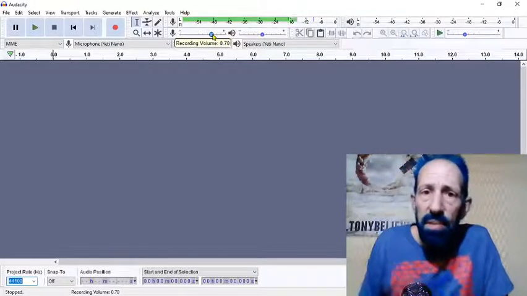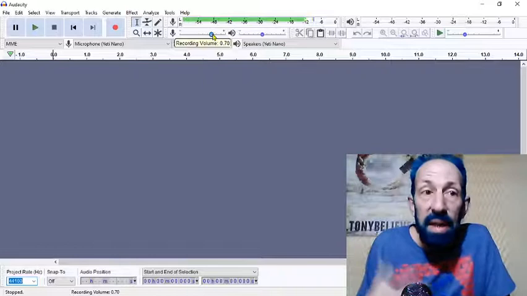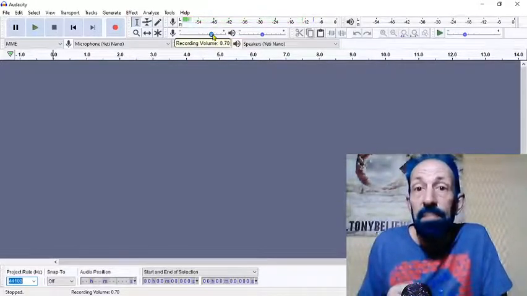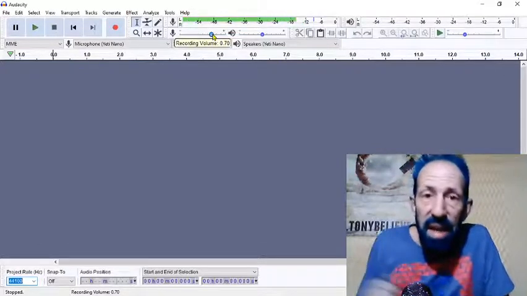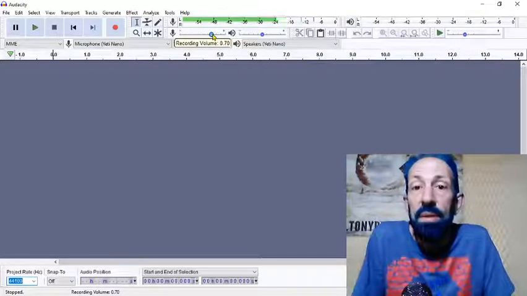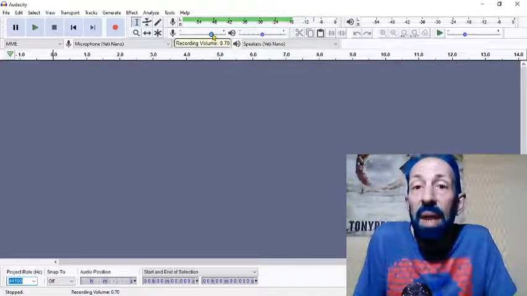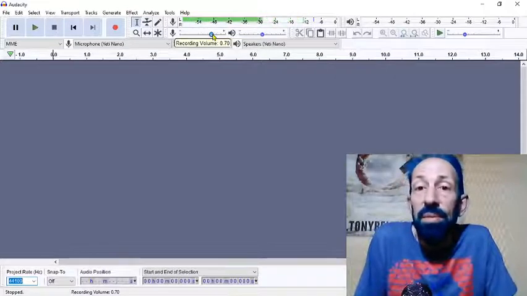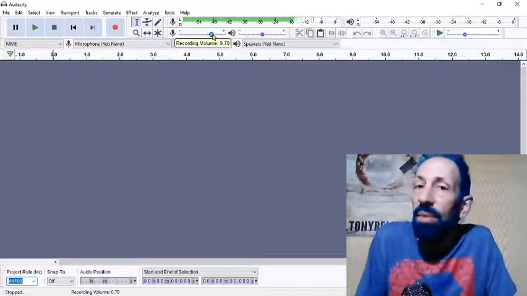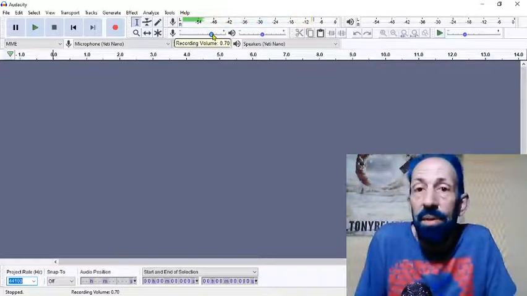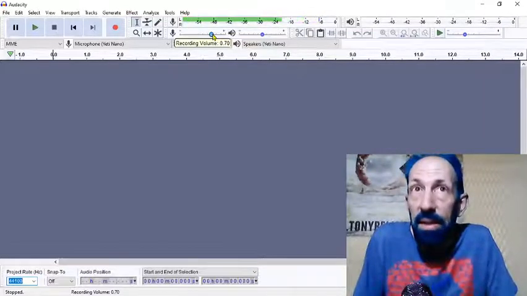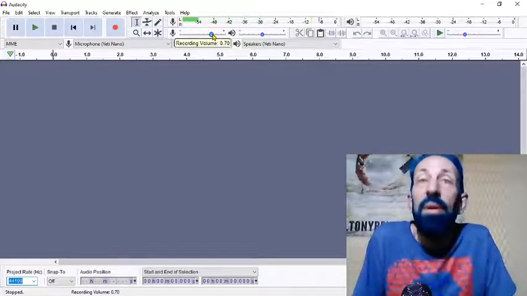On this nano microphone, I set my gain through a different program because it does not have a gain on it, which is fine. So you see how I'm staying right between -18, -12. That's where I'm peaking at. That is good. You don't want to set your microphone too low or too loud. Too loud, static. Too low, then